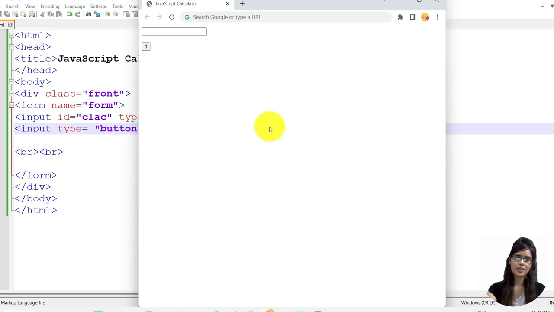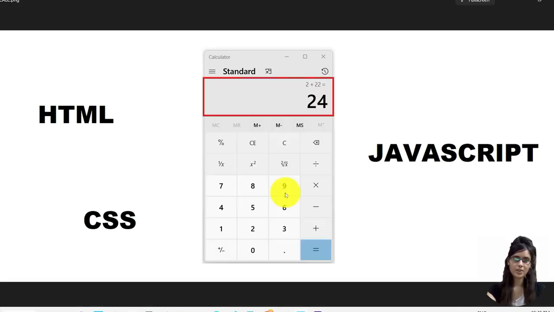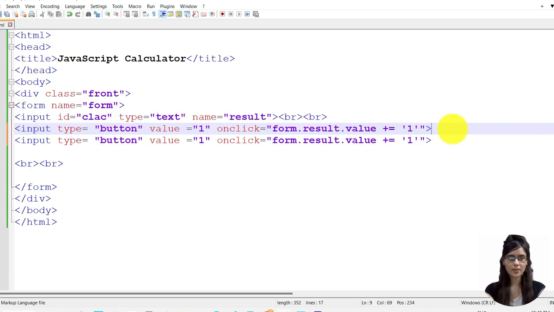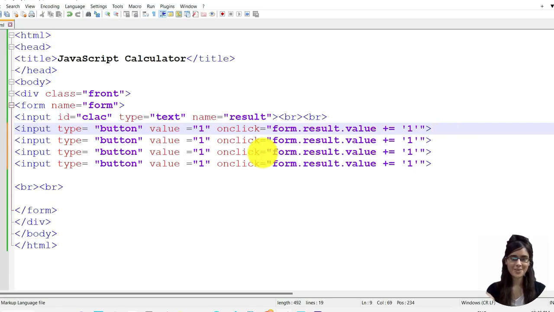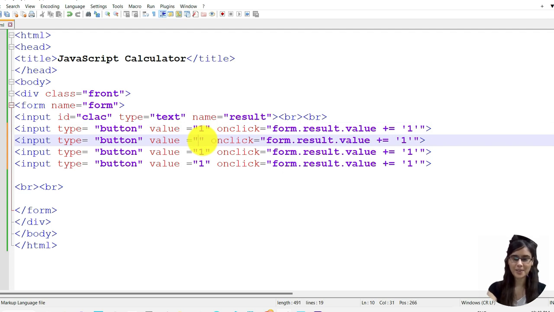So here you can see we have the result box and we have one button. When user will press this button, it will enter digit. Now like this we will create other buttons for 0 to 9, and then operators. So I'm using here the shortcut key, that is duplicate line.